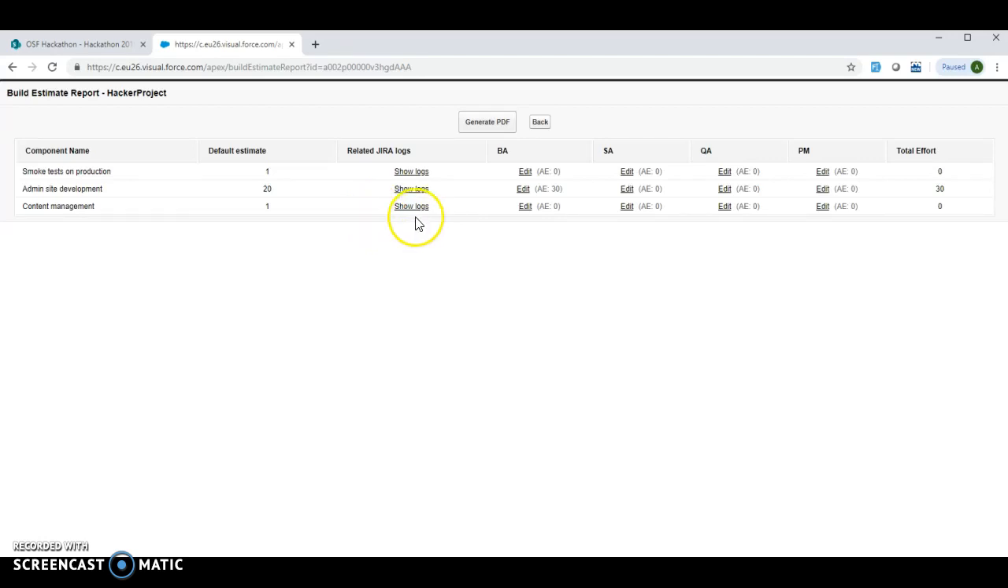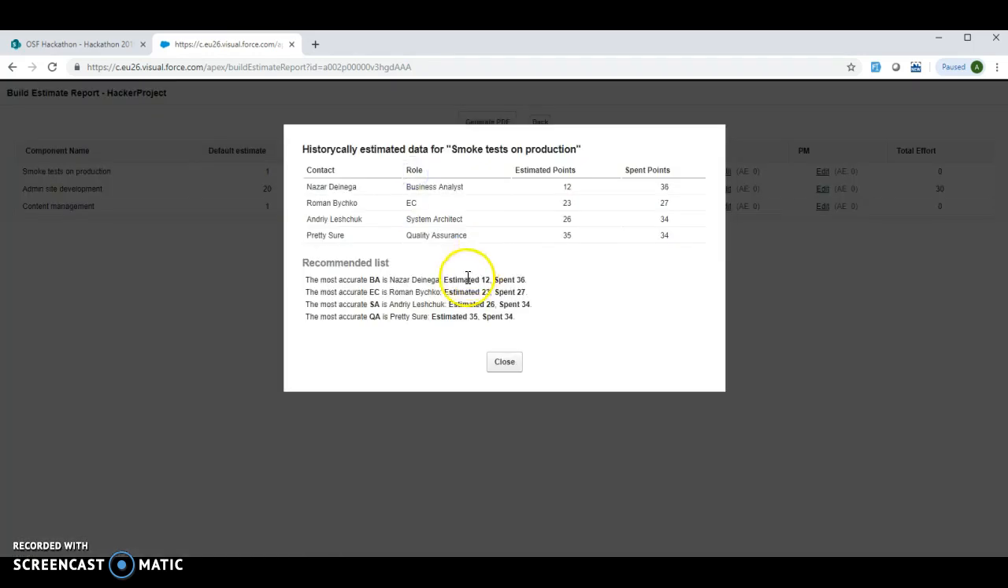Here we can see defined components with default estimation, related Jira logs, and columns to give estimation. The related Jira logs are the most interesting part because we can see the history of the estimation from Jira linked by component name. Our tool calculates and shows the most accurate estimator